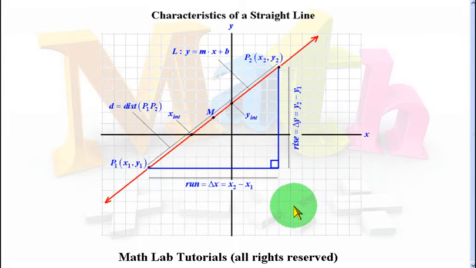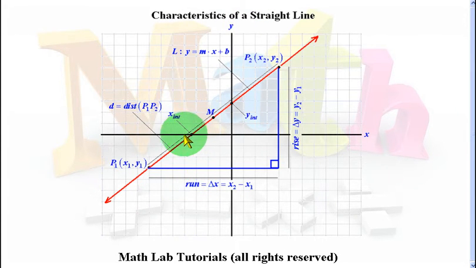Just to recap, you'll recall that we set up a grid in the background. We chose an origin, and we drew a horizontal axis through the origin. We called it the x-axis. We drew a vertical line through the origin, and we called it the y-axis. We graduated the x-axis. We graduated the y-axis. And at that point, we were in a position to locate points anywhere in the Cartesian grid or the Cartesian